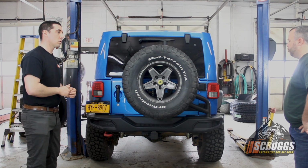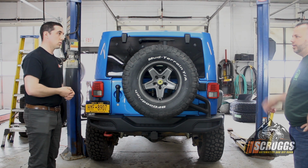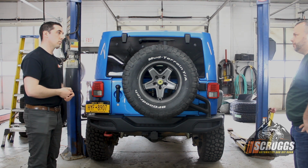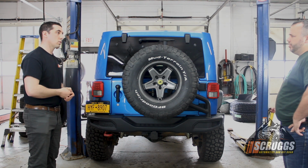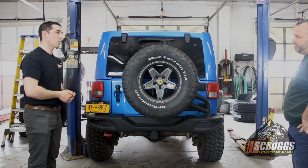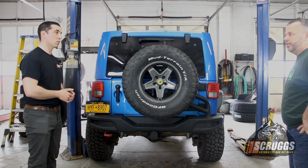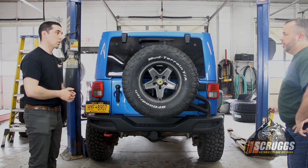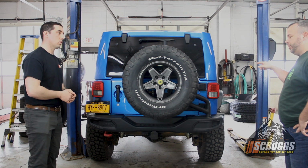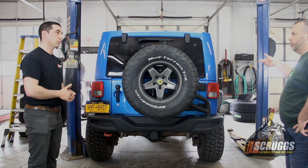And honestly, with a stock tire size, which I think were 31s, I felt like I was geared a little too low. Can't remember, maybe 2,500 RPM at 60, 65, which is kind of high. But I will say, being a manual, it never had to downshift on any of the hills, it would hold its speed. And then going to the 35s,